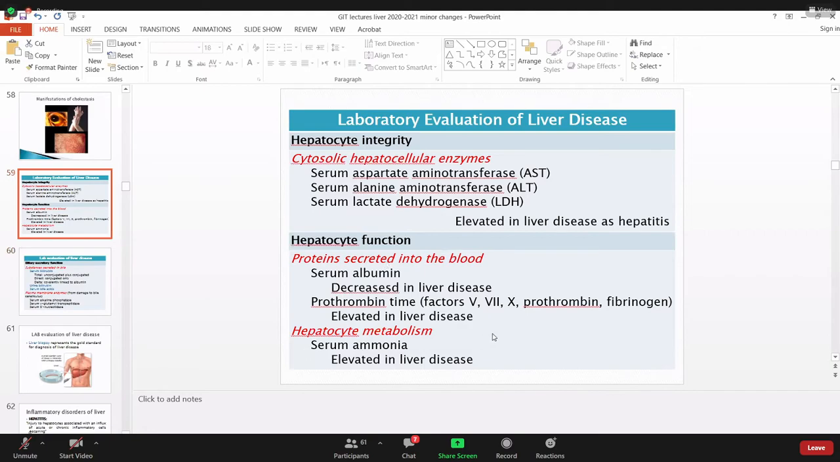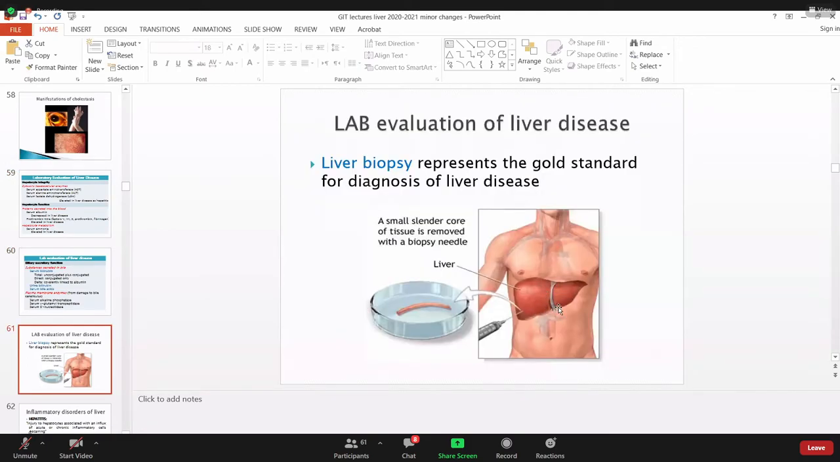No, when I want to make a diagnosis of a liver disease, I have to take a biopsy from the liver and look at it under the microscope to see what is going on, and we will see examples of liver biopsies diagnostic of some